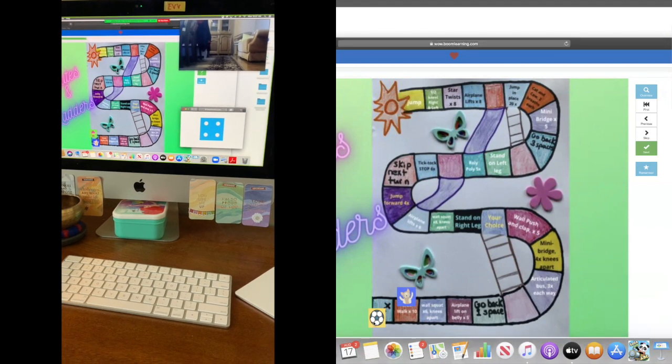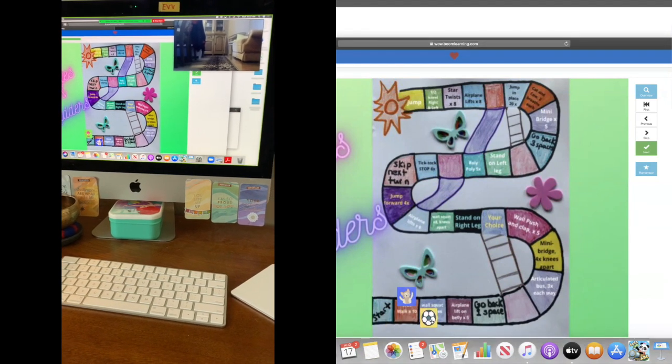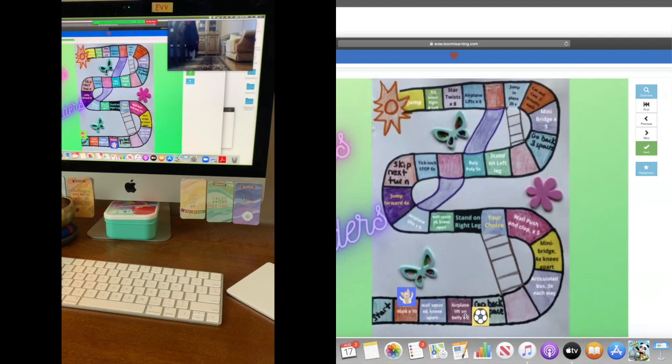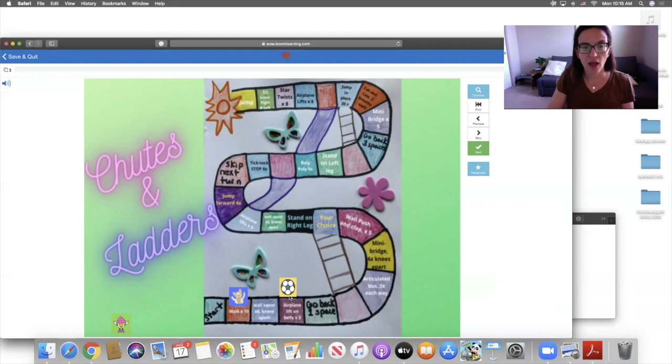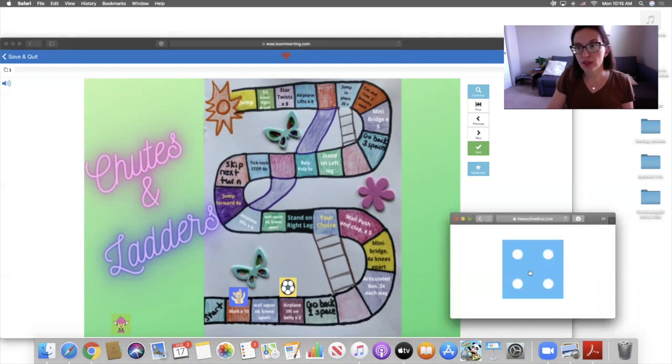So here we're going to move it 4. 1, 2, 3, 4. Oh, go back 1 space, and then the exercise is airplane lift on belly 5 times. So on this particular game board, I did give it a list of how many times they want to do that. The other way would be to use the dice. If they land on here, then they have to roll the dice to see how many times they're going to do the airplane lifts. 6 times. So I kind of like to have it here on the game board,